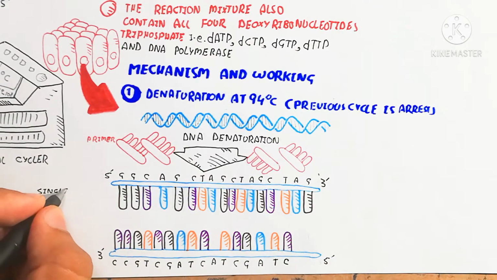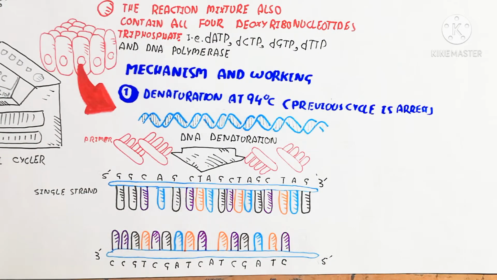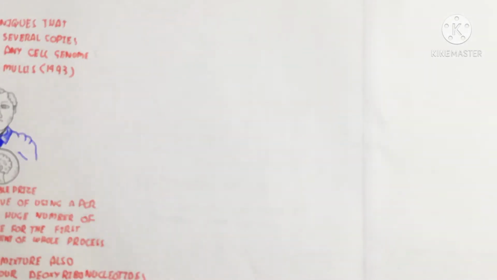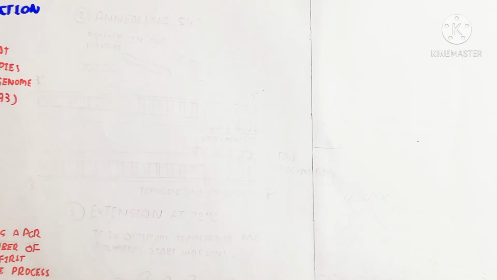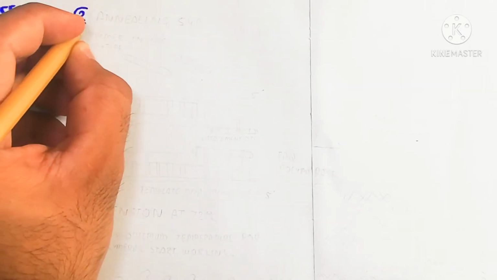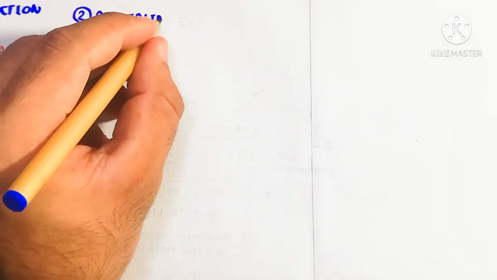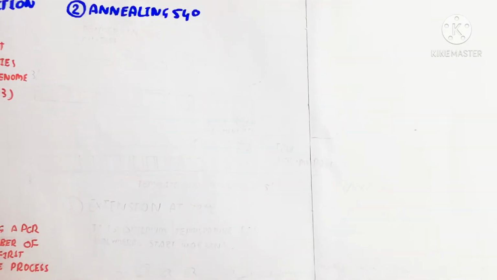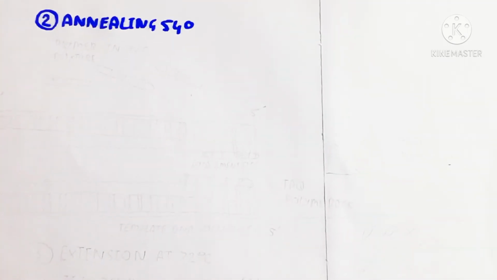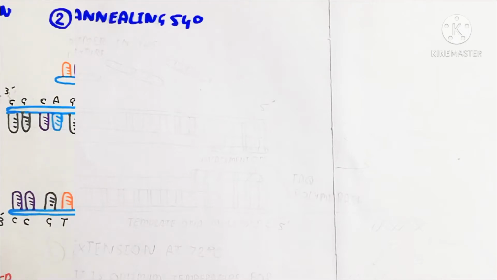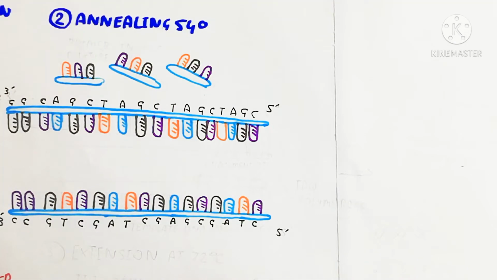This conversion into single strands, 5 prime to 3 prime and 3 prime to 5 prime, is antiparallel and contains nitrogenous bases that pair oppositely: adenine always pairs with thymine, and cytosine always pairs with guanine. Cytosine with guanine has a triple hydrogen bond, while adenine with thymine has a double bond. So let's discuss annealing after the denaturation, in the presence of 54